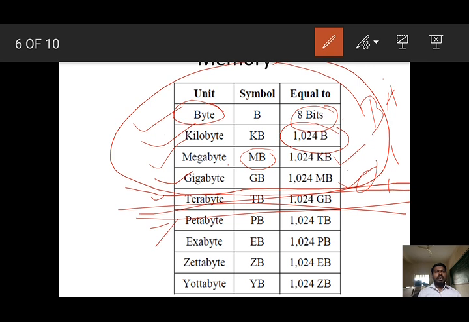Understand? So what is bit? Bit is nothing but 0 and 1. 8 bit equal to 1 byte, and next all are 1024 only. 1024 byte equal to 1 kilobyte, 1024 kilobyte equal to 1 MB, which is megabyte, 1024 megabyte equal to 1 gigabyte, which is GB, 1024 GB equal to 1 terabyte, which is TB. So now we are in the terabyte generation. If you take any hard disk drive, you can see 1 terabyte hard disk, 2 terabyte hard disk, 4 terabyte hard disk, like this. Now it is available in the market.